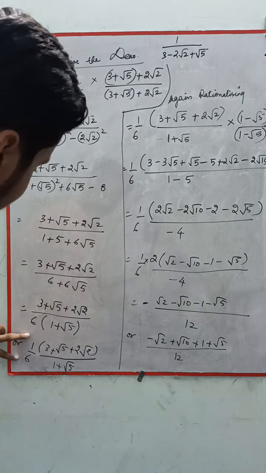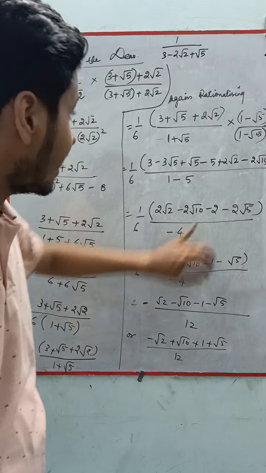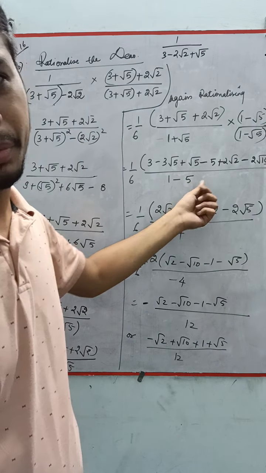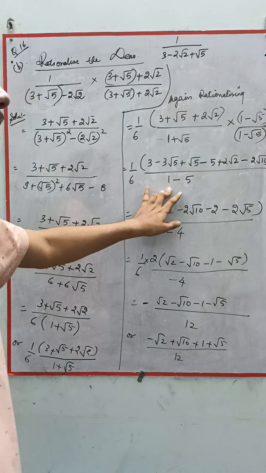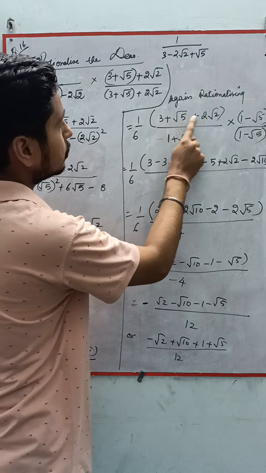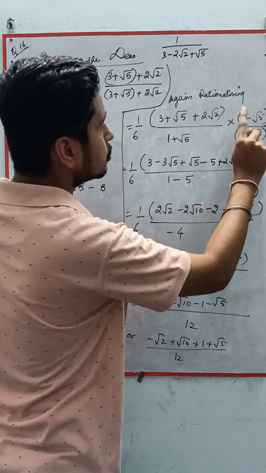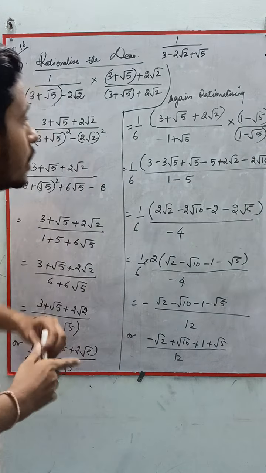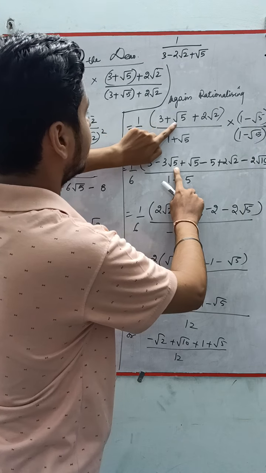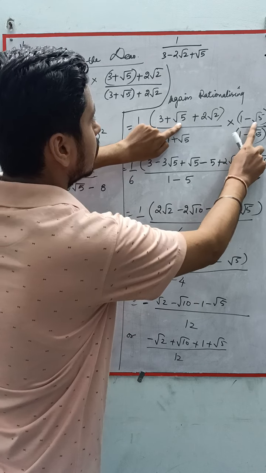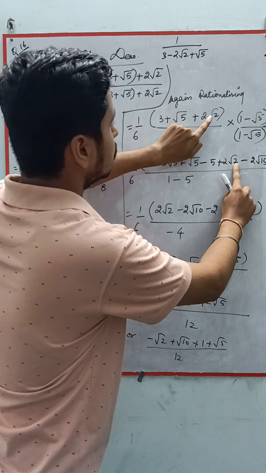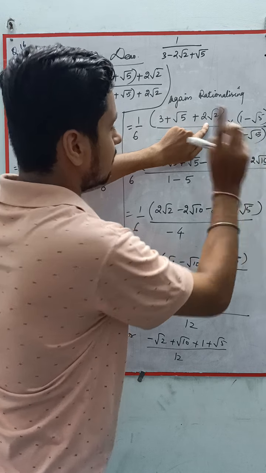Okay, so 1 upon 6 same, this also same, rationalizing. Now a plus b, a minus b, a square minus b square, 1 square minus root 5 square, 1 minus 5. So I have directly written here, and here I have multiplied this whole bracket with this bracket. So here 3 terms, and here 2 terms, 3 into 2, 6. So 6 terms here I have written. How? This 3 will be multiplied by this 2. So 3 ones are 3, 3 multiplied by root 5. Then this root 5 into 1, root 5 into root 5 is 5, so minus 1. 2 root 2 into 1 is 2 root 2. 2 root 2 into root 5 is 2 root 10, with minus.